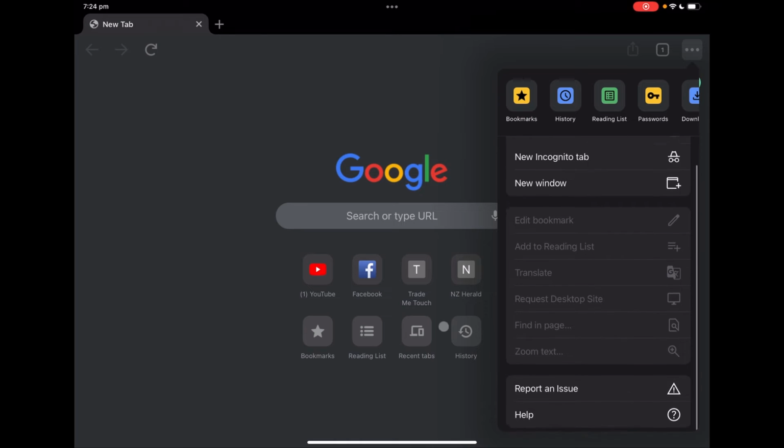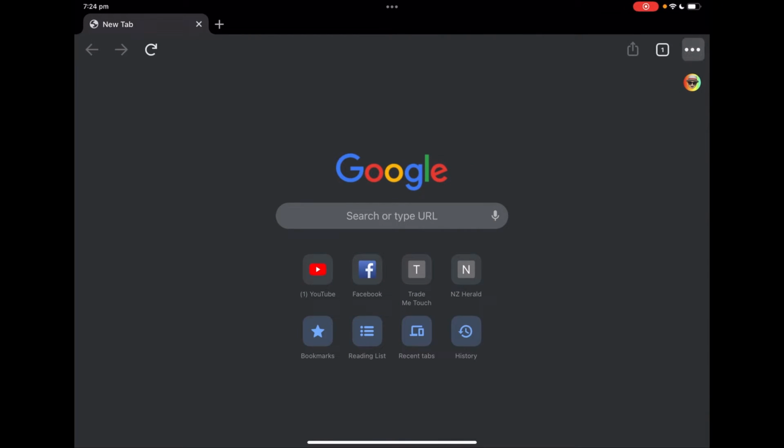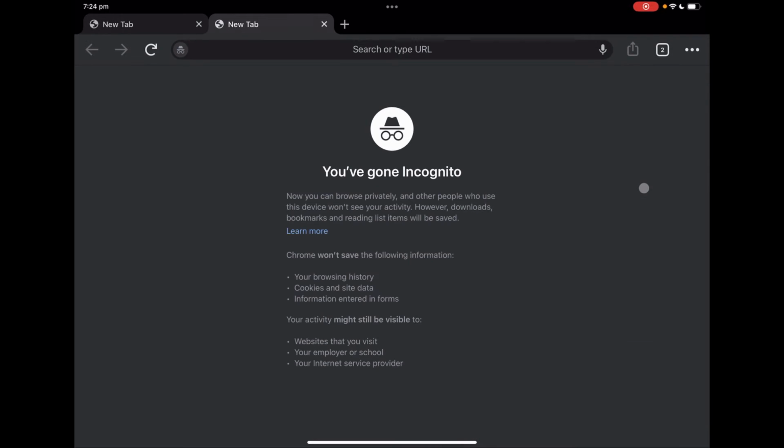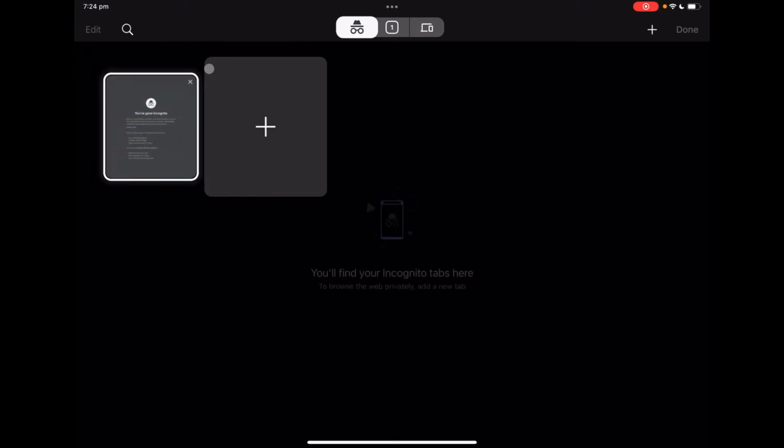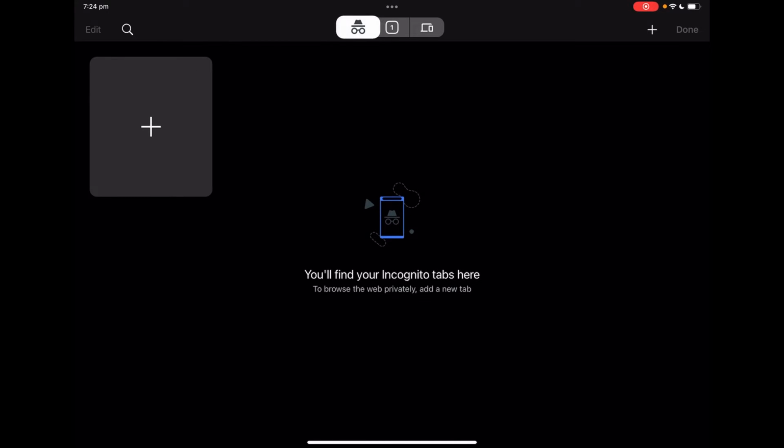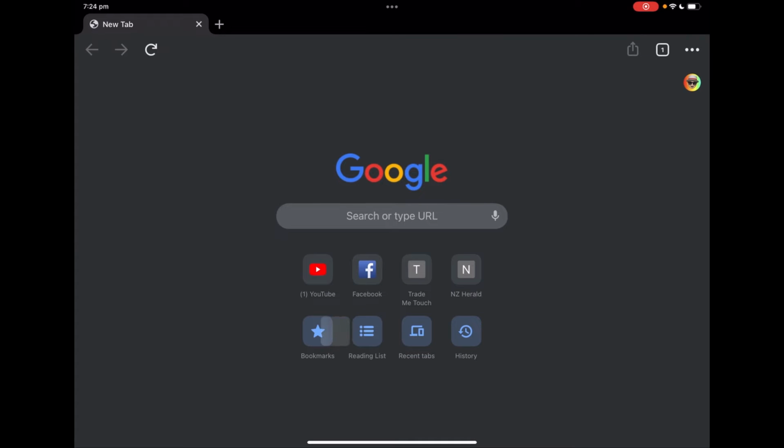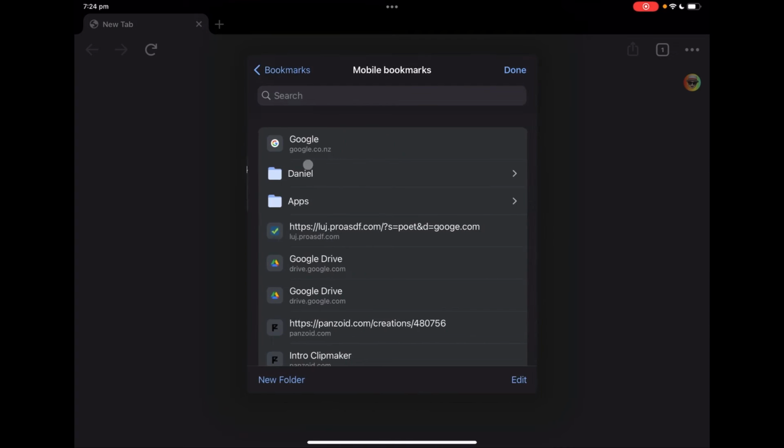So if you want to add a window, you just click on new window and stuff like that. You can also add a new incognito tab, I guess that's how you say it. If you go to your tab section on the top right, you can go ahead and exit out of that, and in the middle you'll see your normal tabs. On the right you'll see, I'm not sure, this recently closed, and here we have our bookmarks and mobile bookmarks